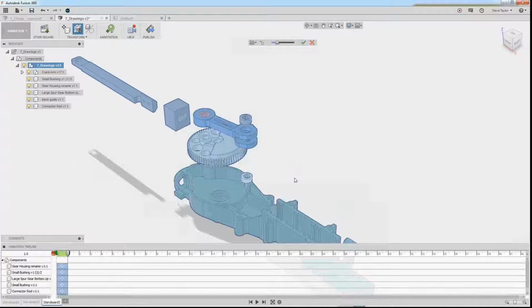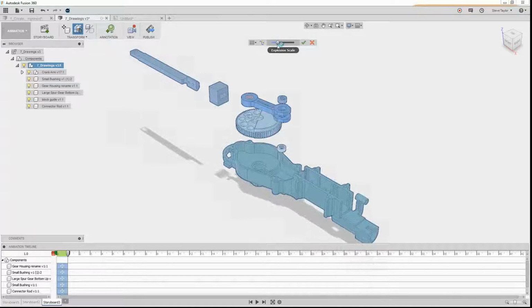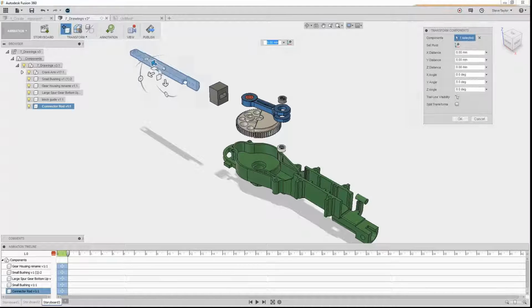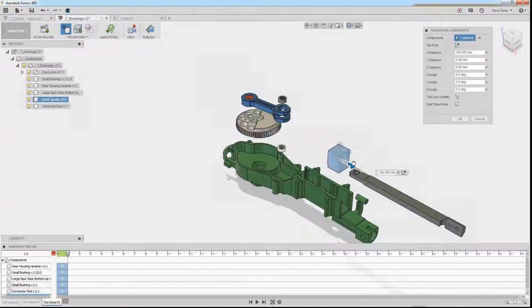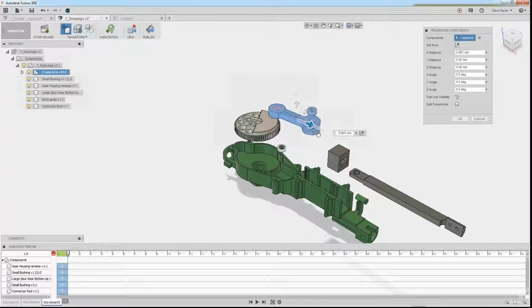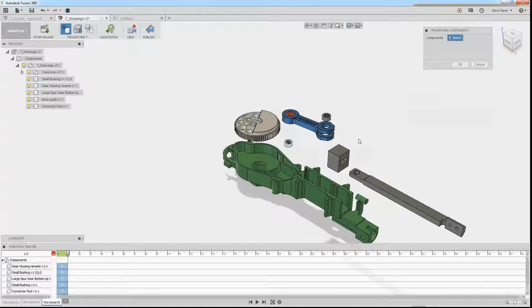What that's done, that's now just exploded my components here. I can increase or decrease the amount of explosion that's happened here if I just tick that. But what I then can do once I've done that is each one of these components I can actually just transform it and move it to wherever I would like or feel that component will be best suited for an explosion drawing. Don't want to spend too much time on this, but I want to be able to show you how to quickly do this